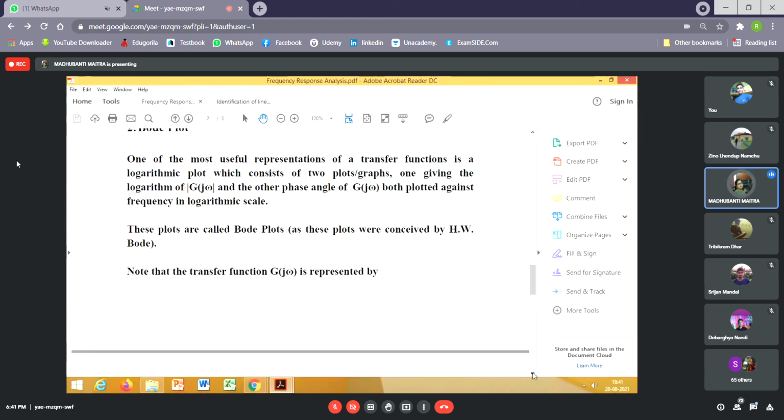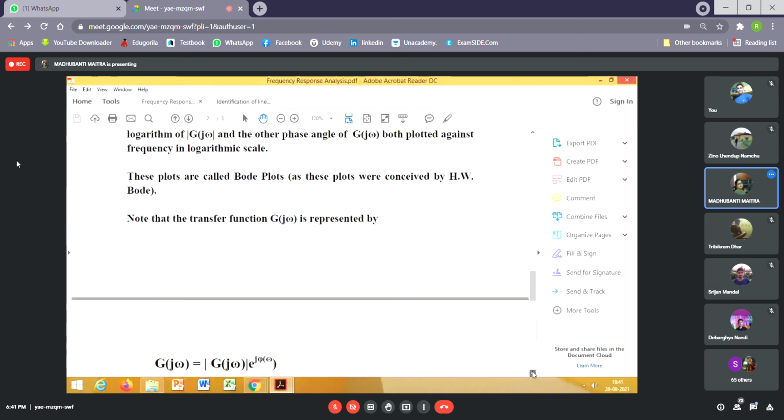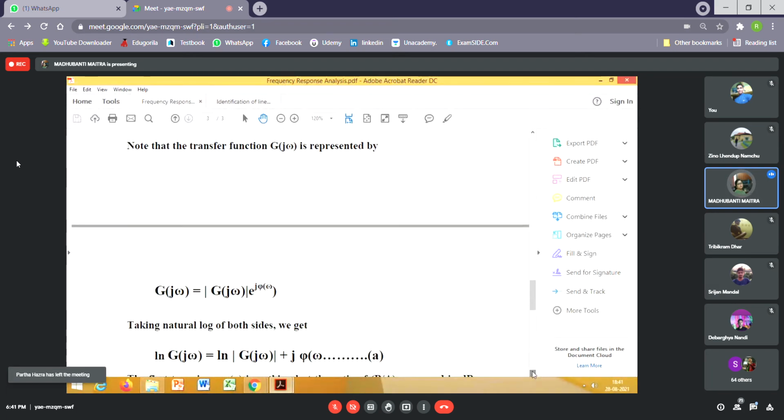So G(jω) is a complex one, hence G(jω) is the same as T(jω). That is the open loop transfer function. To emphasize the fact that with the help of this method we are obtaining the open loop transfer function, I have written only G(jω), assuming that it's a unity feedback one, otherwise it will be G(jω)H(jω).